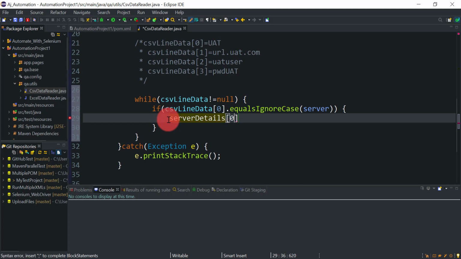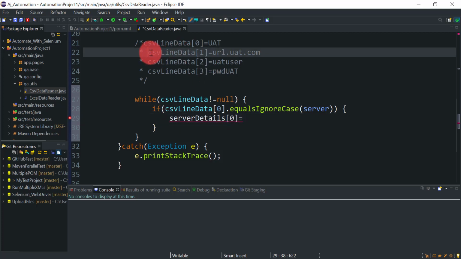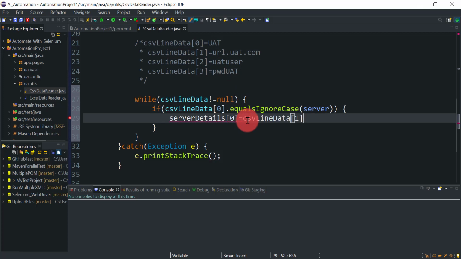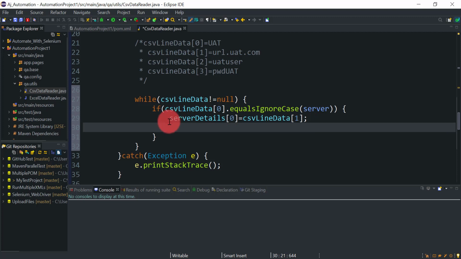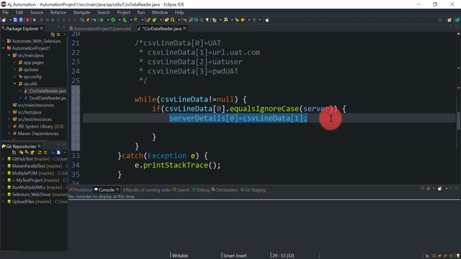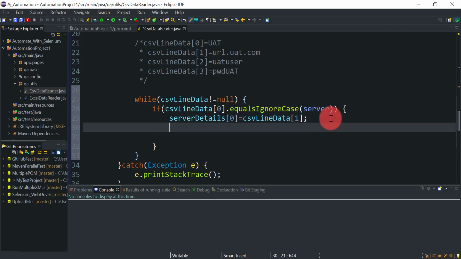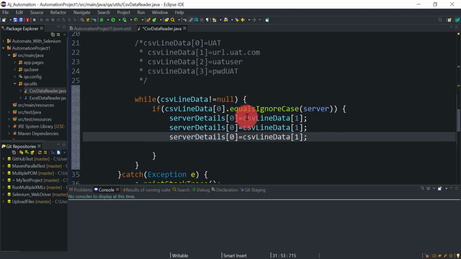At the 0th index, meaning the first position, I will store the URL. I will store whatever value is available at the first index in the csvLineData array, that is our URL, at the 0th index of this serverDetails array. Similarly we need to add the other 2 values as well.